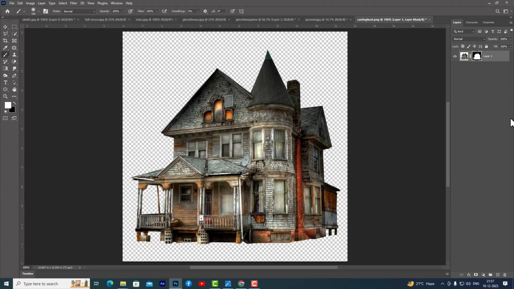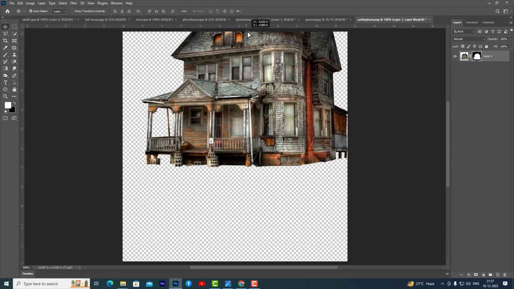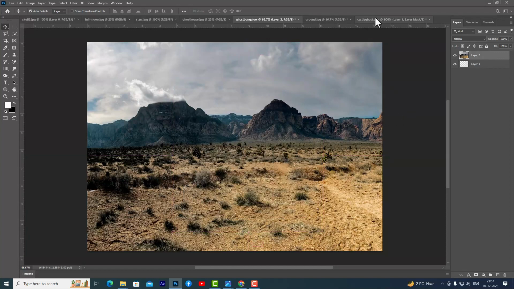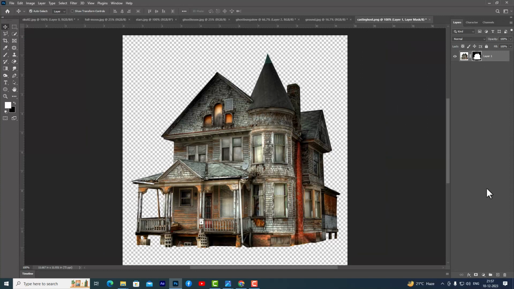So once we have separated the bungalow from the background, we can then drag this bungalow and place it inside our document. So we can place it here. Okay. We will do just one change here. That is, if we just take a background below this bungalow layer,